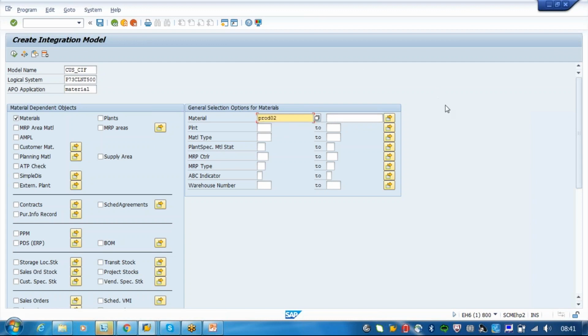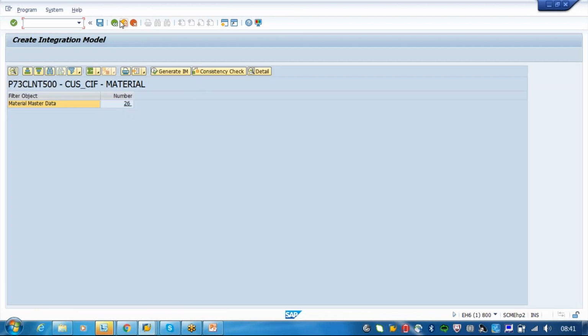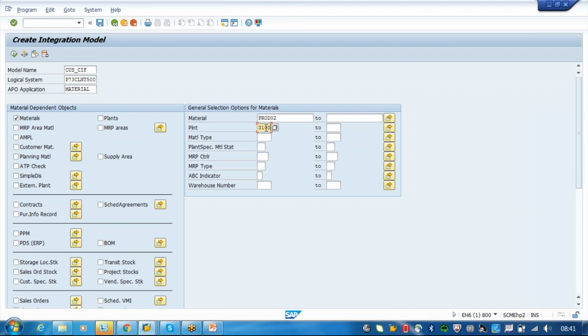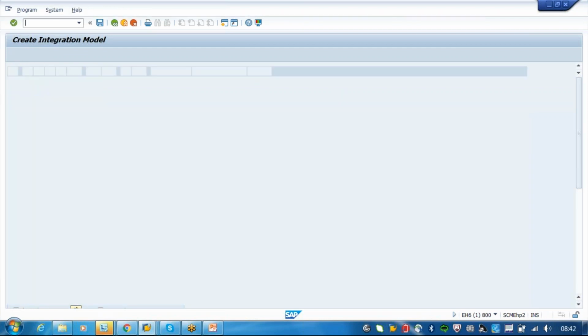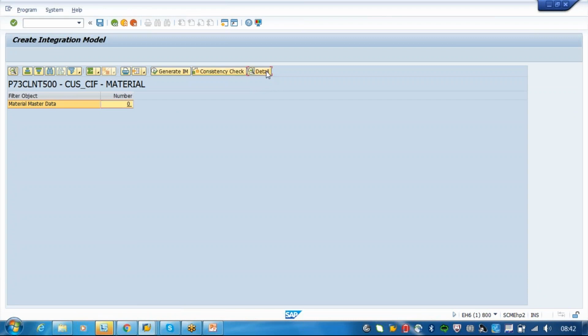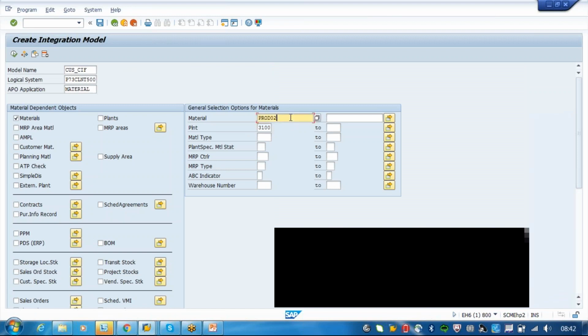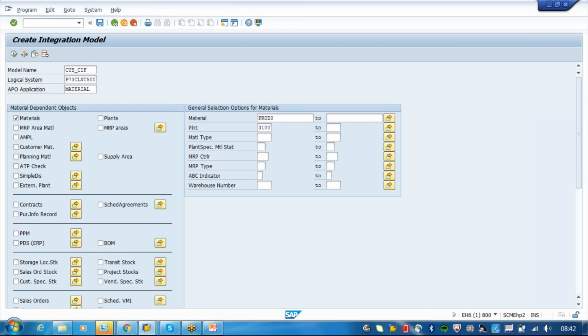Yes, it's clear. Okay, so here I just put the material which I know, and you can try on your own. You can create some materials and try to transfer them. Number 26. What you can do is also put the plant. Product is not there, huh? I will just try to find out some plant materials.